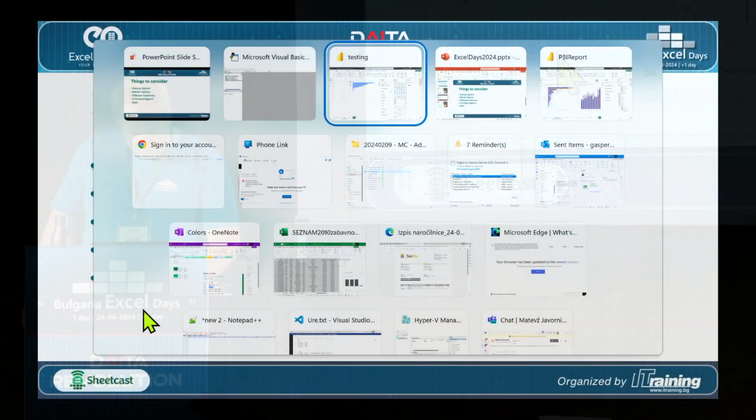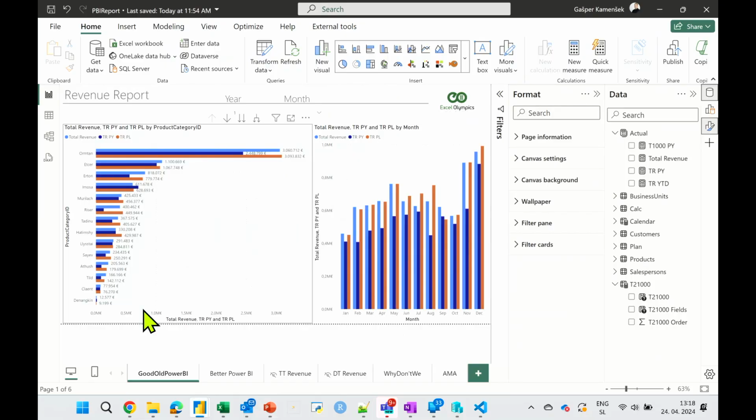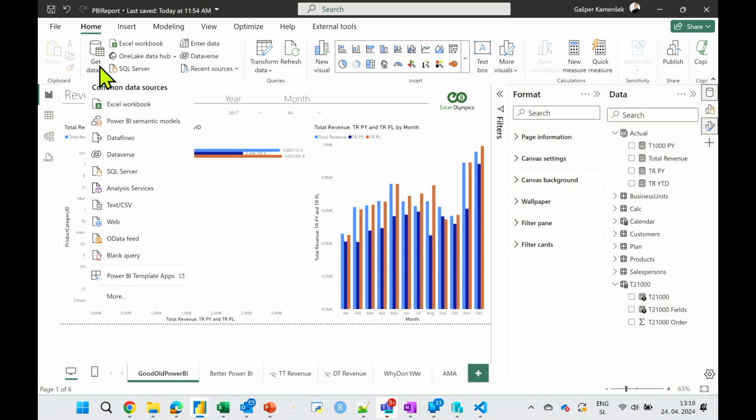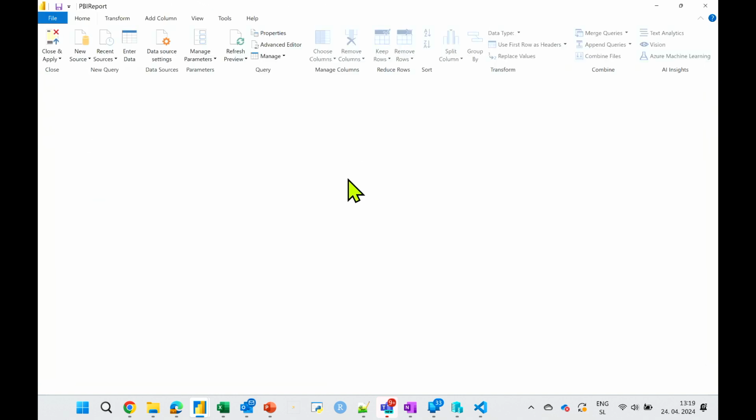So, here it is. Now, I was actually going to spin this up in like 10 minutes, but that went out the window when we were late. So I'm just going to show you the built version. But this is Power BI. So Power BI starts with this. Get data, and then you go get data, and let me just show you what that looks like.